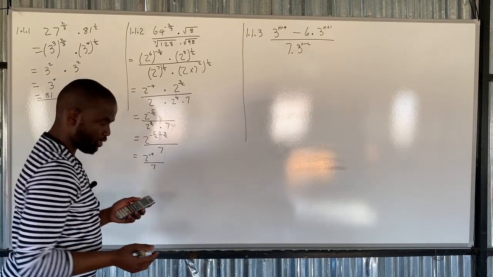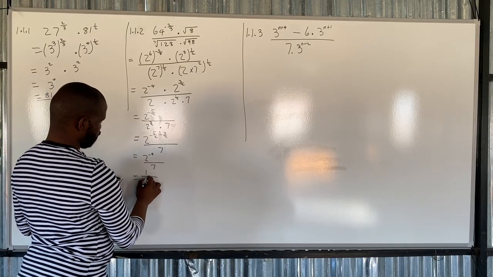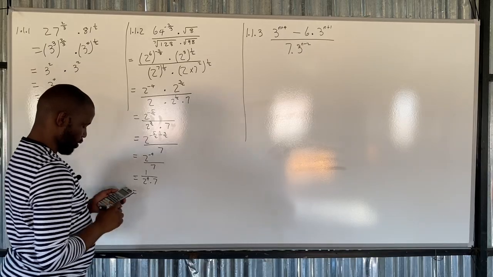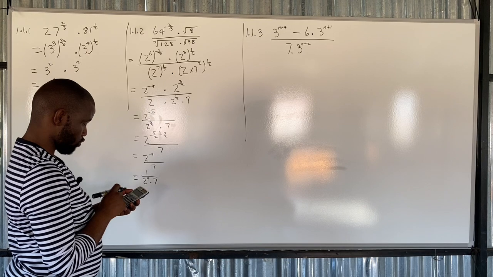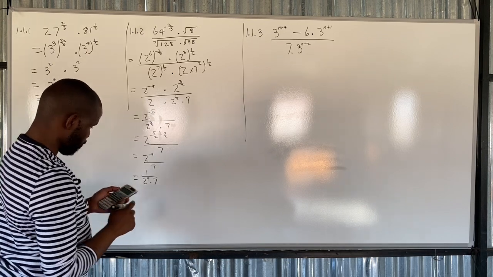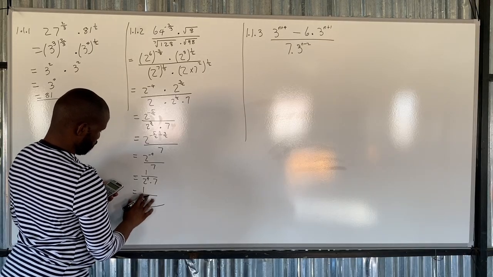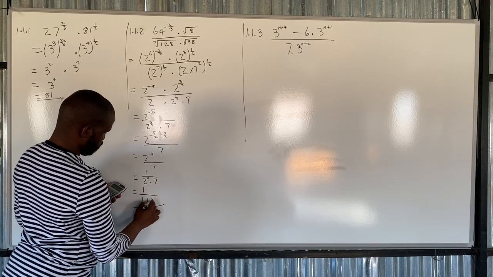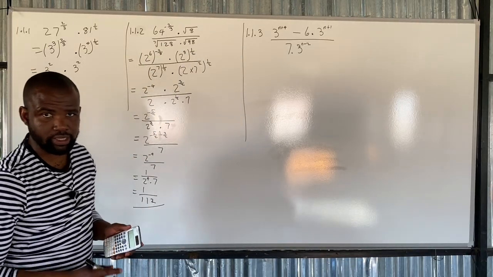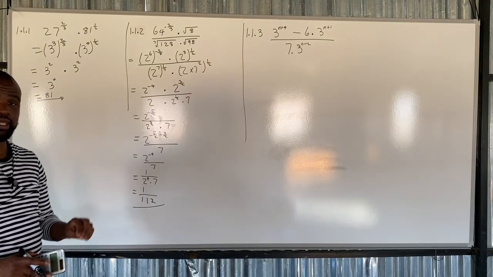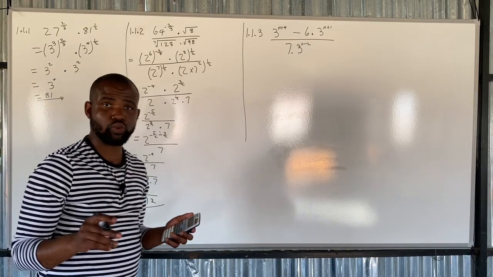And then we can take it under the denominator, which is going to be 1 all over 2 to the power of 4 times 7, which basically gives us an answer of 1 all over 112. Oh, no, it's not 122, it's 112. So 1 all over 112. Again, you can punch this in your calculator and see that you are going to get exactly the same answer as this one. Now, let's go to that one, which is the last one on this video,